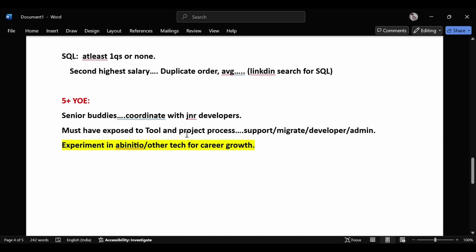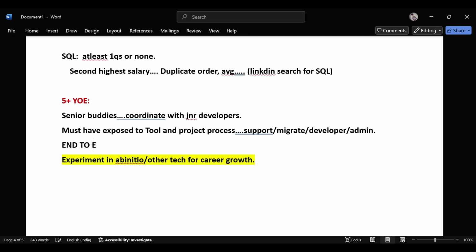Because in each company, in each project, there will be some process going on, senior developers should be aware of all the processes, starting from the batches. Being a senior developer, we have to guide the juniors, so you should understand it end to end. Being a data engineer, you should understand when the batches are running, and the complete architecture.